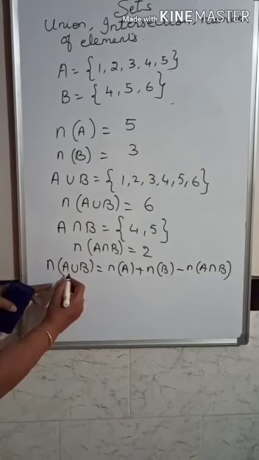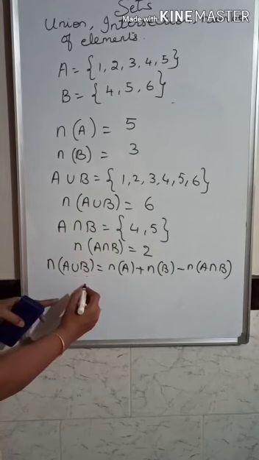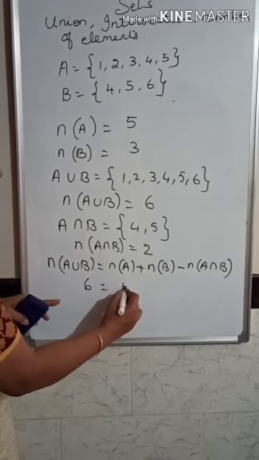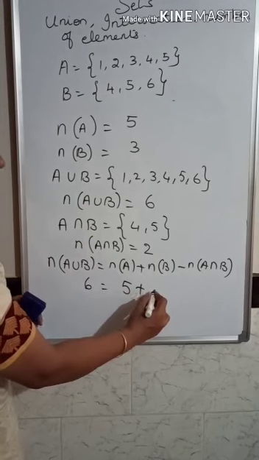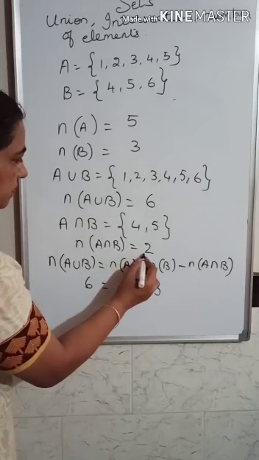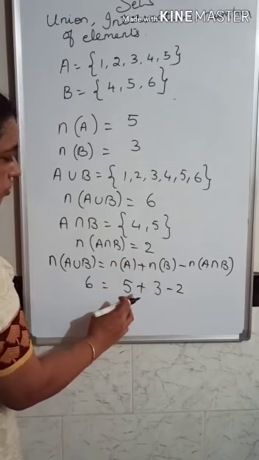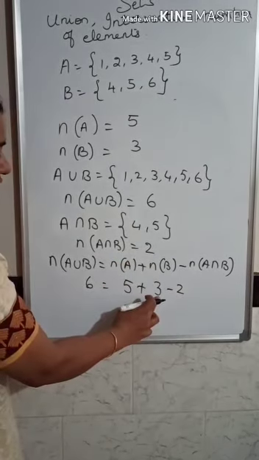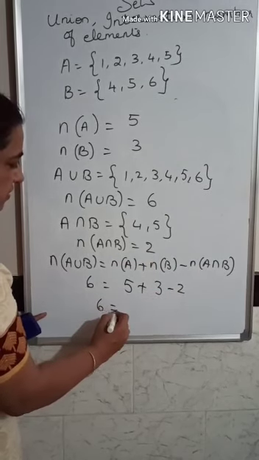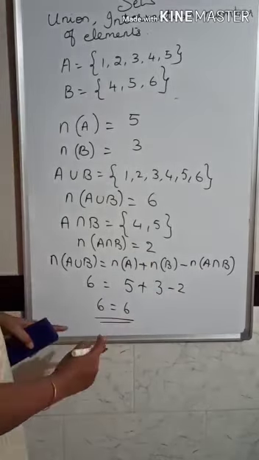intersection. So you have got n of A union B is equal to 6, n of A you have got it as 5, n of B is equal to 3 and n of A intersection B you have got it as 2. So you have got 5 plus 3 which is equal to 8, 8 minus 2 is equal to 6. So you have got 6 is equal to 6, that is left hand side and the right hand sides